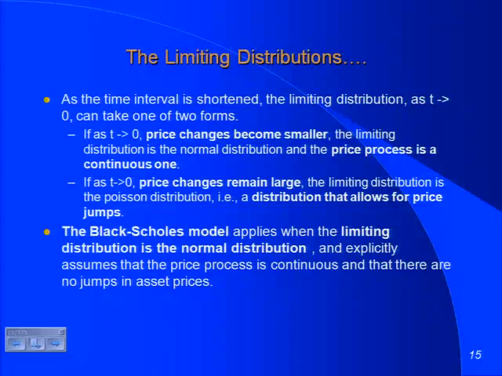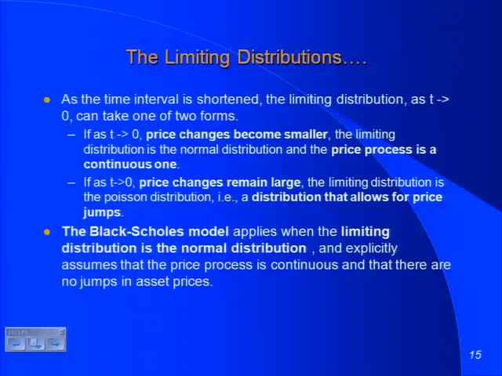There have actually been models that have been built. There's a model that Bob Merton, who won the Nobel Prize, built in the mid-70s, built on a Poisson distribution for pricing options. It never caught on for the following reason. You need about 5 parameters to characterize a Poisson distribution, instead of the 2 that we have in a normal distribution. And the parameters are very difficult to estimate. So people who try the option pricing model with jump processes very quickly give up because the inputs are so difficult to come up with that the cost of being realistic is you actually end up with a less precise value. But the Black-Scholes model is built on that continuous price distribution.